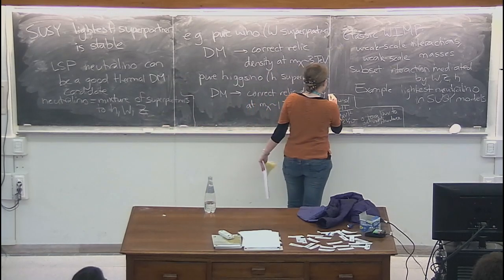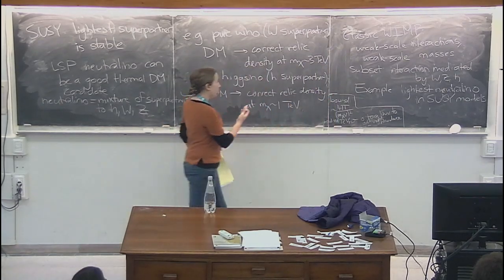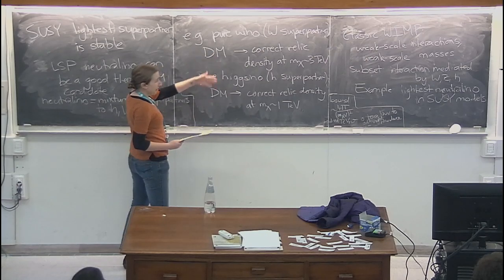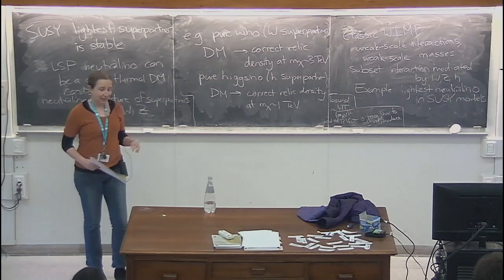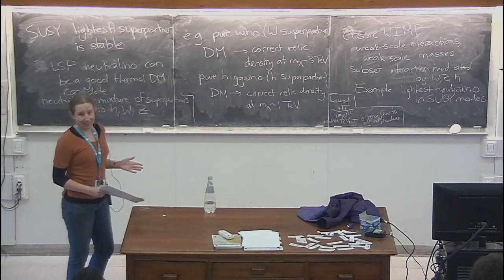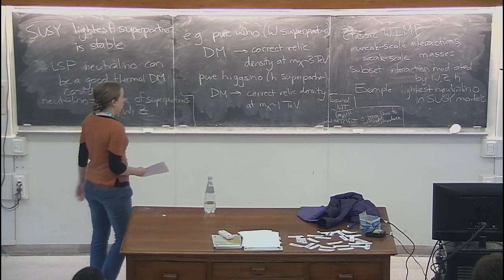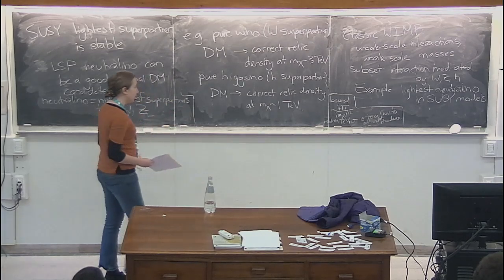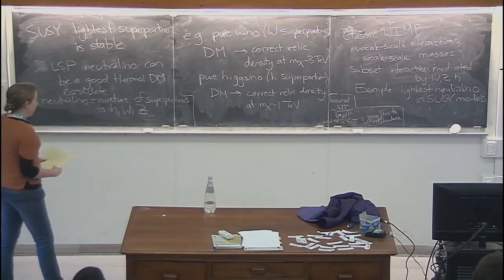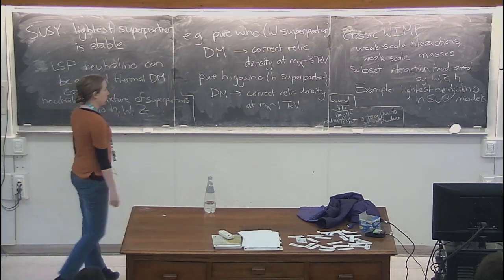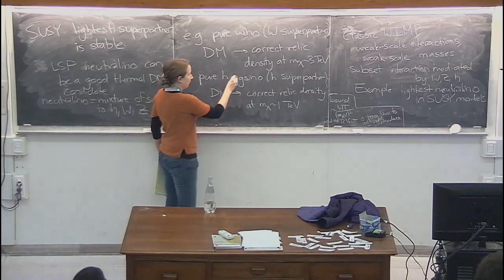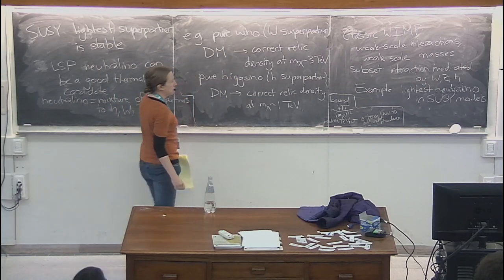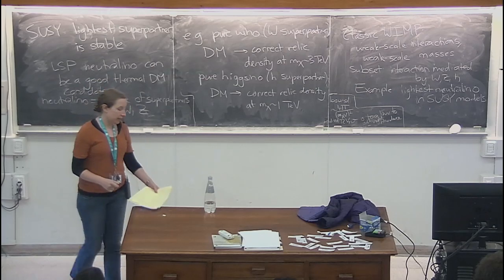But there are a couple of things. First off, these very simple scenarios like 1 or 3 TeV dark matter, they're not yet really being tested by the LHC. If you have pure Wino or pure Higgsino dark matter, it would be very hard to find it at colliders. If the bottom of your SUSY mass scale is that high, then solving naturalness problems is a bit harder, but there are still other advantages of supersymmetry.